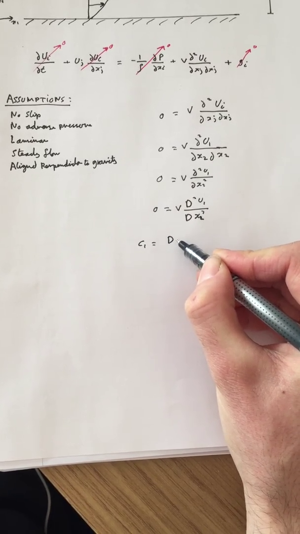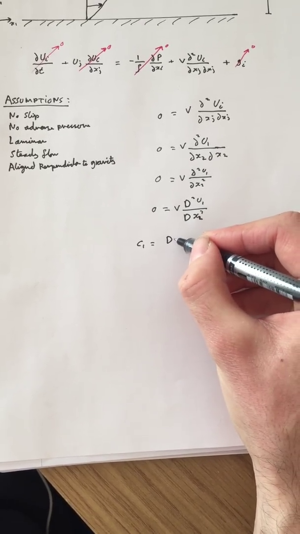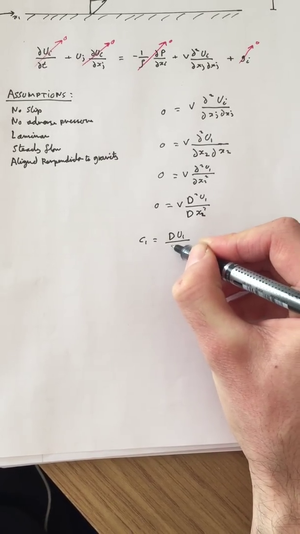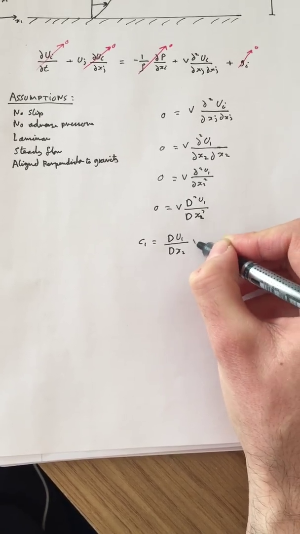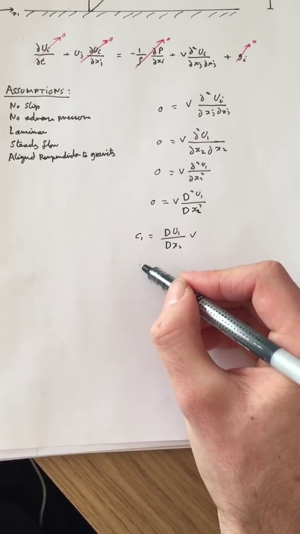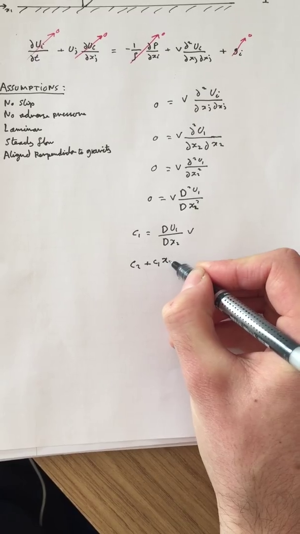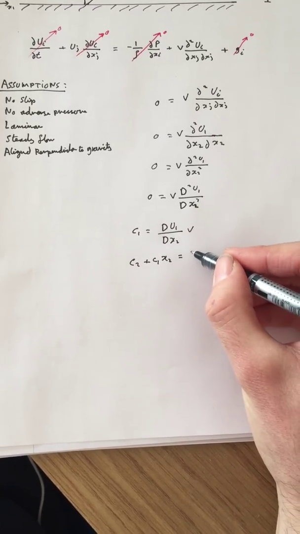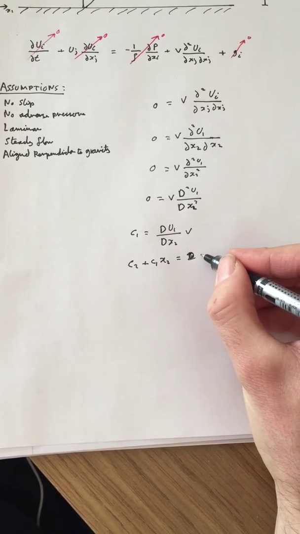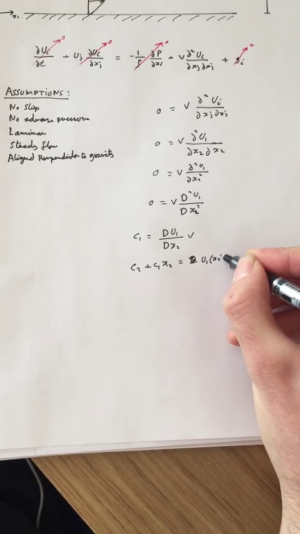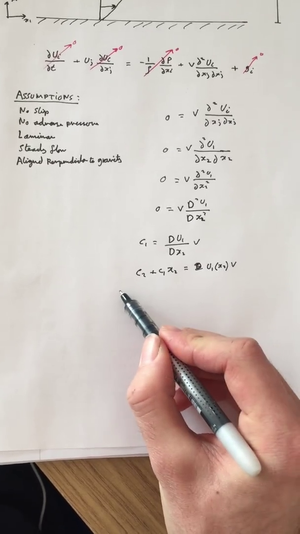the derivative of u1 with respect to x2, and if we integrate again, so the velocity u1 with respect to x2